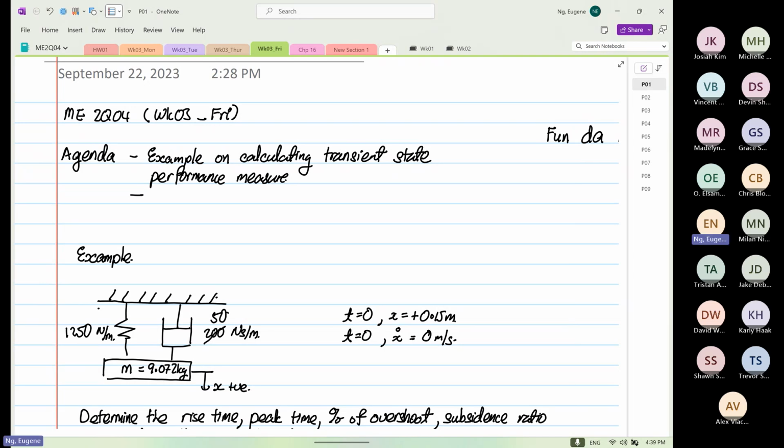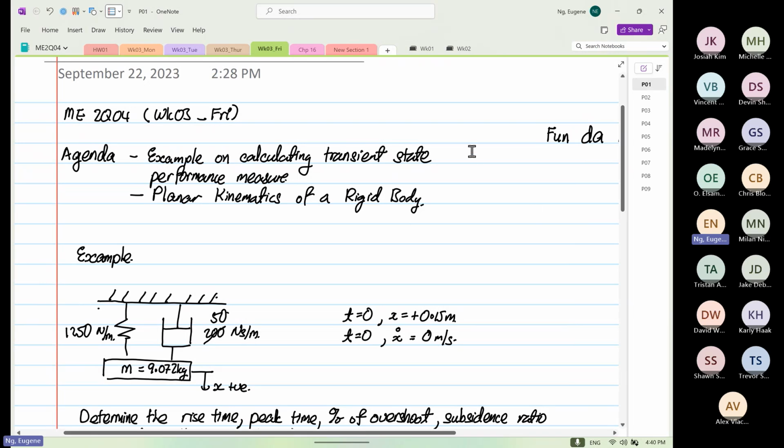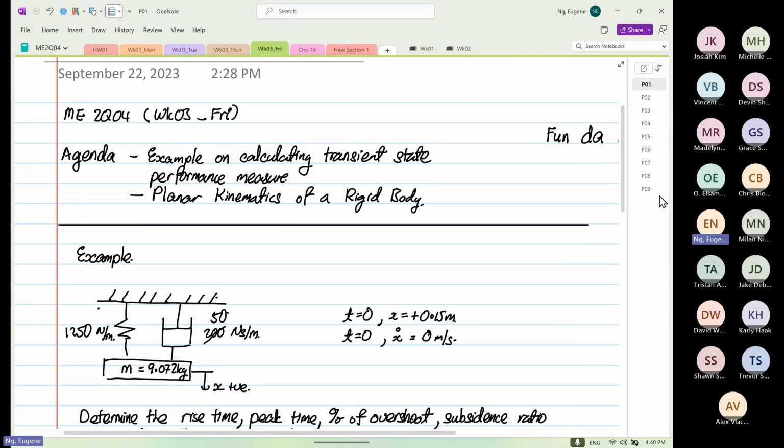And it is known as planar kinematics of a rigid body. Okay, I want to introduce you to this topic, and we're going to state some rules on this topic. I'll give you a quick preview of what we are going to handle. We are going to handle problems like this,